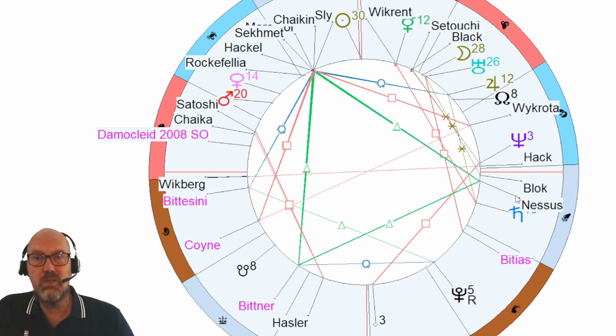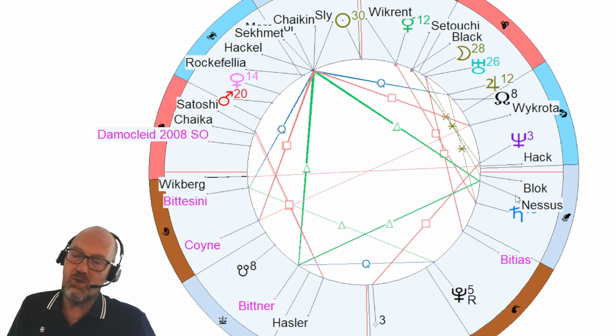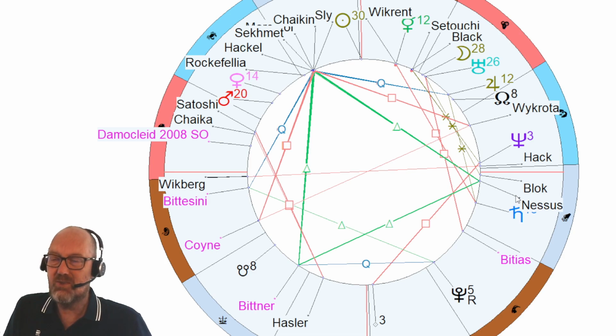And Nessus, as we have seen before, is very important in the adoption of Bitcoin, because it's about breaking into old systems. And as we have seen, Nessus can work for Bitcoin and it can work against Bitcoin. And that is exactly the narrative that we can now say that happened with the benefit of hindsight. I can now see that this chart exactly represents the narrative that came up after the news was announced, because it's a very funny narrative.